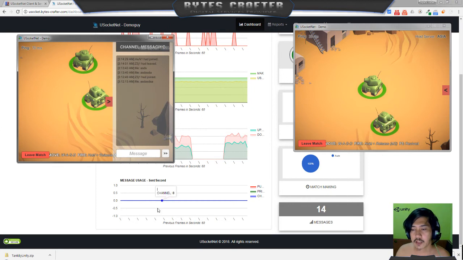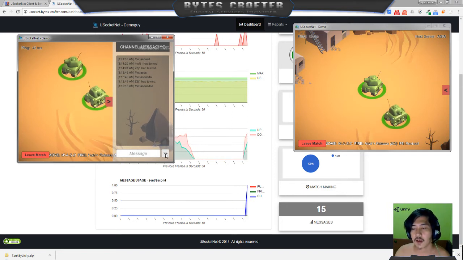You can also graph public message, private, and channel message. And the next update will add a team message. Basically, when you instantiate, you can set your current team so that there will be no scripting on the teaming or the matchmaking. For example, if the gameplay is team-based, you can send a message and the data message usage will bump to 1.